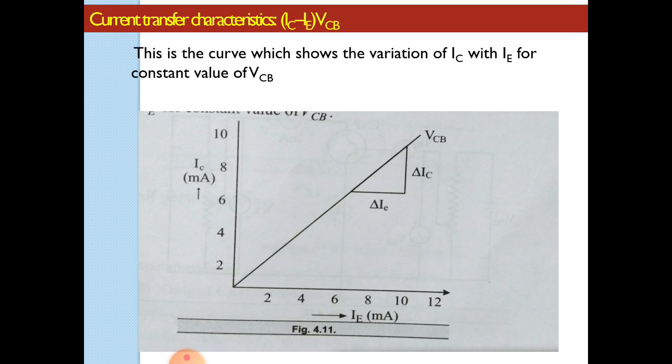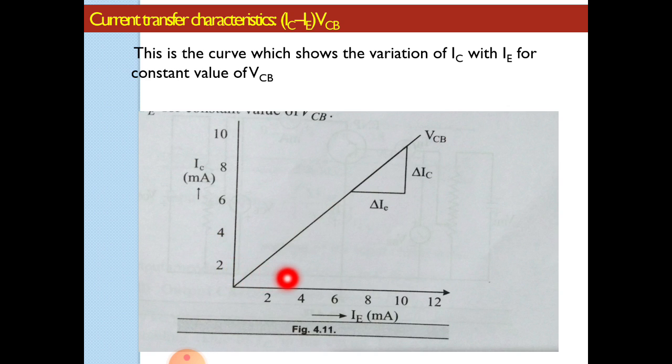Okay, when we keep the output voltage constant and relate the output current to the input current, the curve or graph that we get is called the current transfer characteristics curve. Okay, so from this graph we can observe that by keeping output voltage constant,